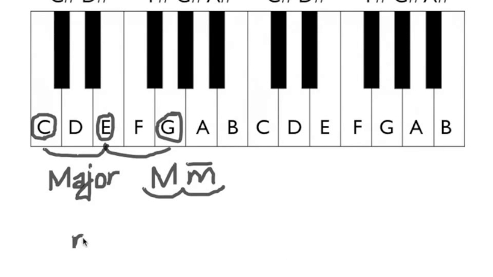So minor, oh, and by the way, this little line over the minor is just to make sure that you know it's a lowercase m. Capital M means major, lowercase is minor. And sometimes it's hard to tell, so every once in a while you'll put that little line. That's not always used, but it can be, and I usually use it, so it's just easier to tell the difference. Anyways, we're doing minor, so